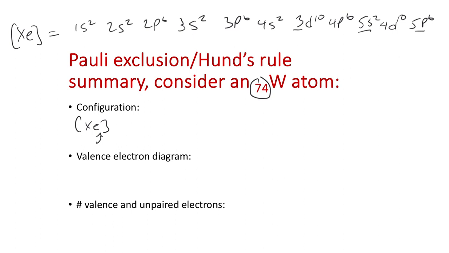Just making sure that we understand where all these numbers are kind of fitting into each other. And so that's the xenon configuration there. And so picking up from xenon, we'd go cesium, barium across, so that's going to be the next S block. So the next S block would be 6s2. Then we got to go across, just follow the elements. We got to go all the way across the F block,